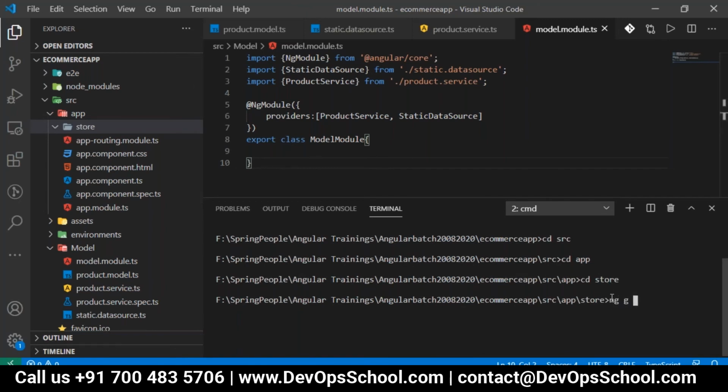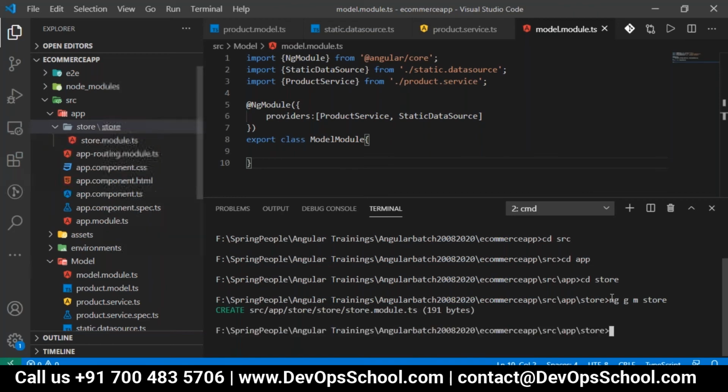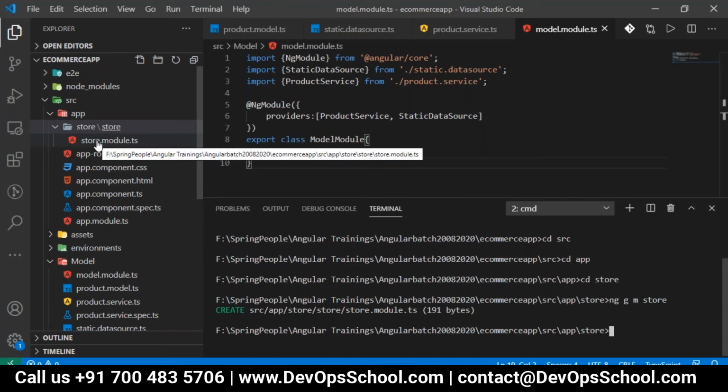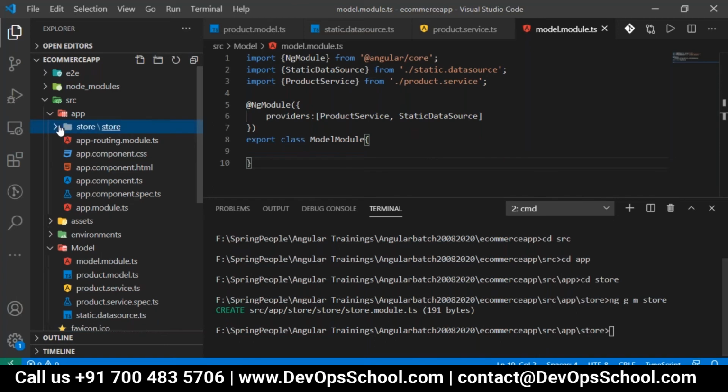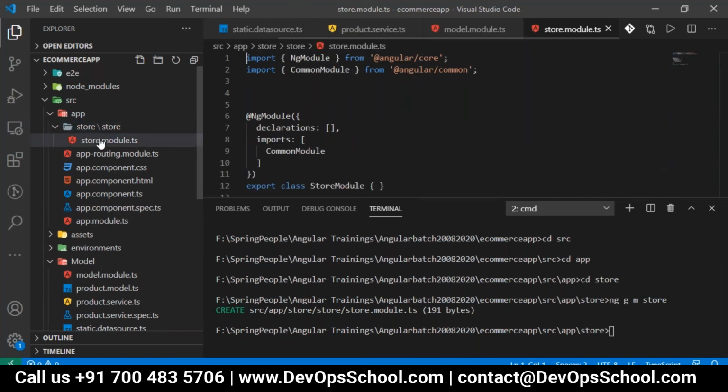So ng g m, which is for module, I will create it as store. ng g m store, which created store.module.ts under the store.